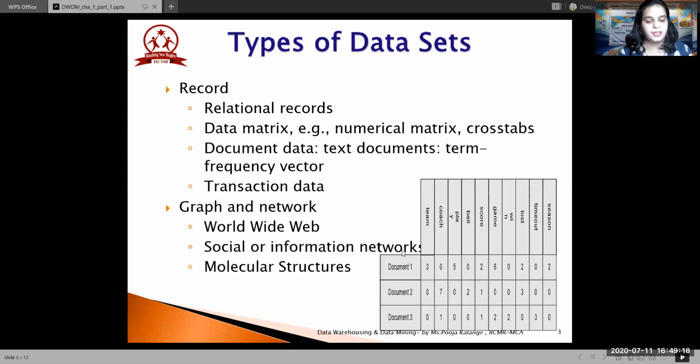The most important examples you can see are Facebook and Instagram. In Facebook you have your mutual friends, and these mutual friends are again friends of some other friends. So this finally forms a graph structure. Whenever you open a Facebook page, you will see a picture showing the connections between different people. So social media is one best example of a graph network. The next example is molecular structures. We've already studied molecular structures in chemistry and biology. They are also connected by means of a certain form of network. So this is the second type of data set, the graph and network data set.